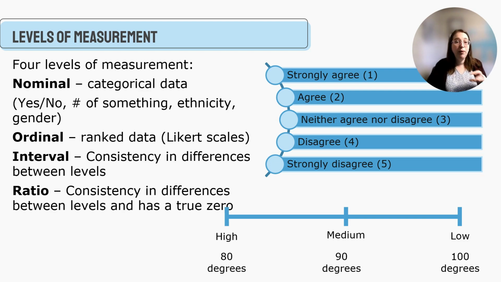This is super important because depending on the type of measurement you use, that will change the type of testing that you do, which we'll talk about later in the semester. So you'll see a review of this, but you want to make sure that you're clear that nominal data is like yes, no, some sort of categories. Ordinal is ranked data, like a Likert scale, or what are your favorite top 10 songs, but there's not consistency between the levels. Interval is consistency in differences between levels on both sides of the number line, negative numbers or positive numbers, and ratio has a true 0. We say, hey, it's either 0 or up. And so there are also true differences between those levels.